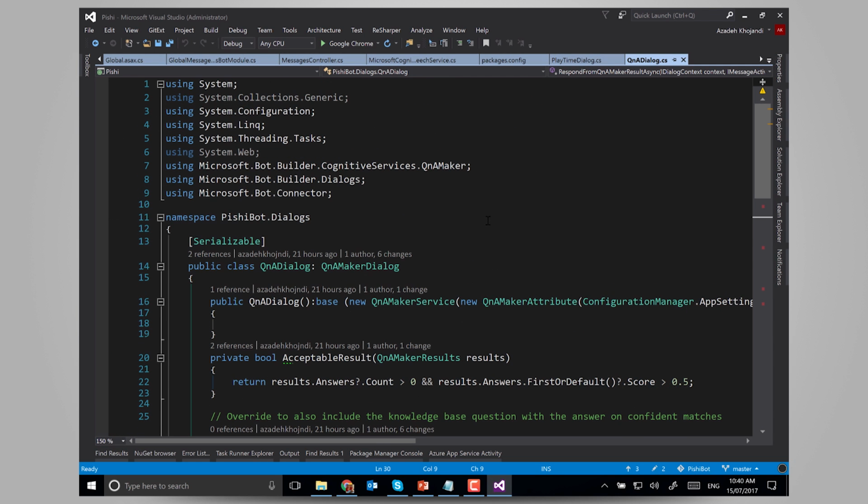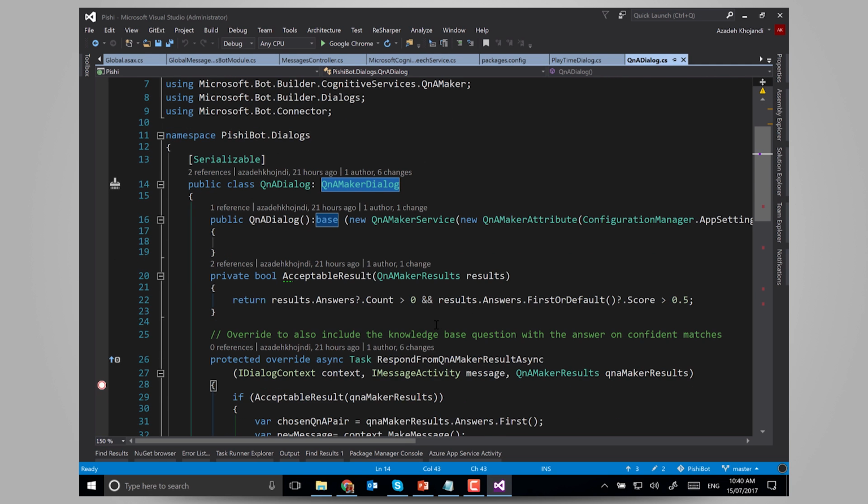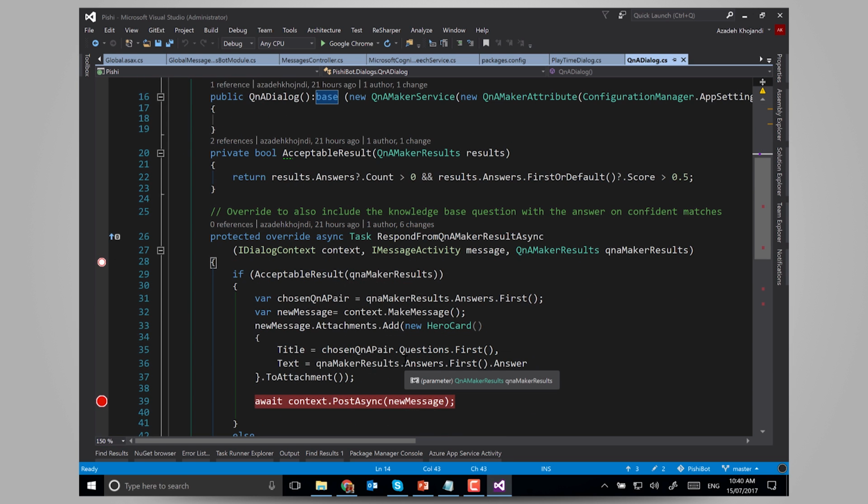Exactly similar to Luis, you can create your dialogue and inherit it from the QnA Maker dialogue, and based on that, it returns the best question and answer. For my sample, I wanted to not only show the answer but also the question, to show that you don't need to type the exact question and it always returns the best possible match.